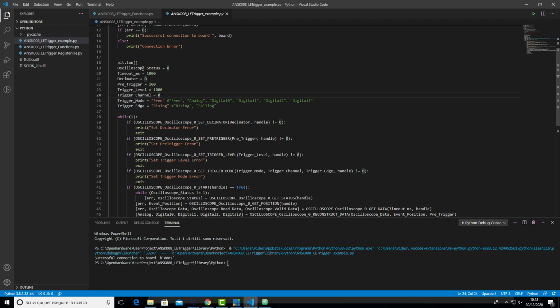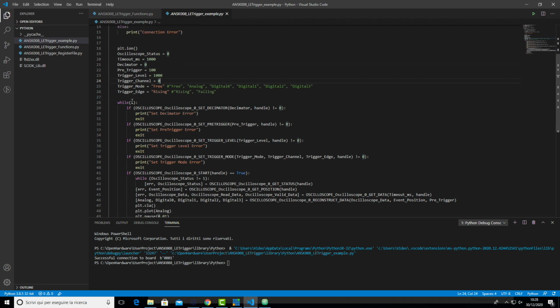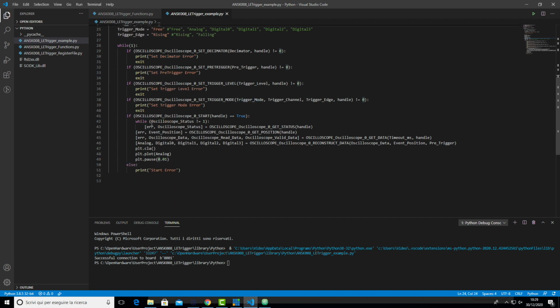The code just sets up the oscilloscope and then waits for a waveform. So in the loop, we set the decimator, the pre-trigger, the trigger level, the trigger mode, and we start the oscilloscope.